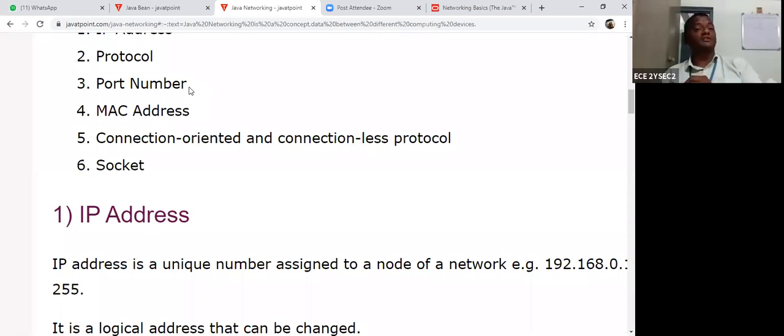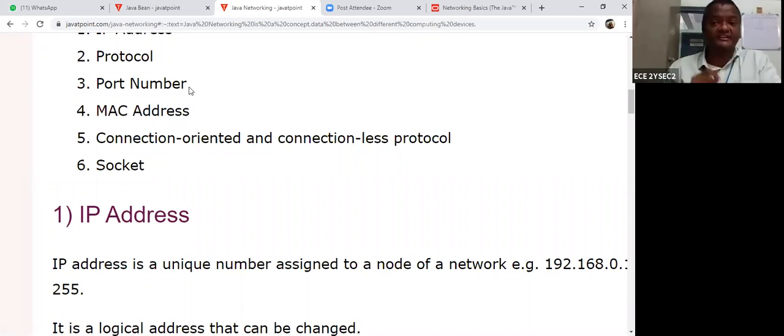Suppose you are using Yahoo Mail, Gmail, YouTube, or Facebook. There are certain port numbers allocated for different operations. Let us take accessing Google, then you can use port number 87. So with the help of the port, you can transfer the data. For each and every access of data from the network, there are certain port numbers.